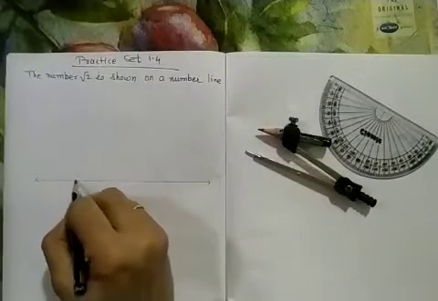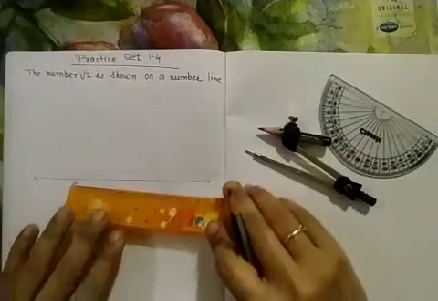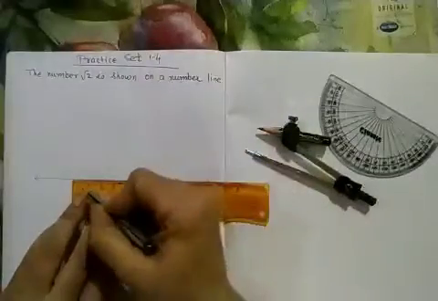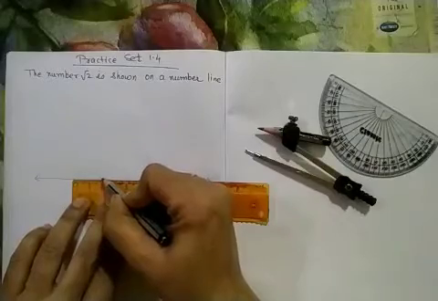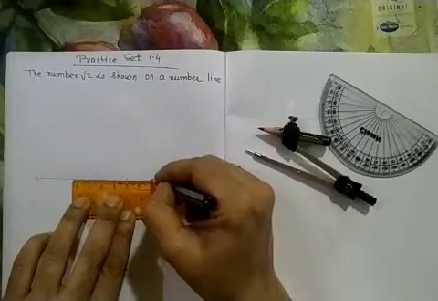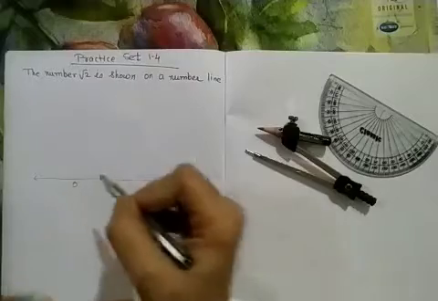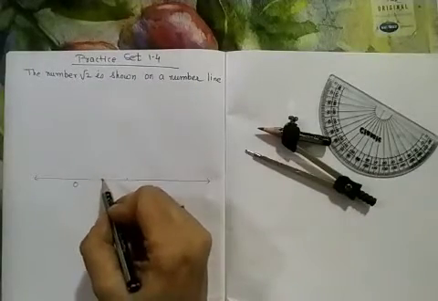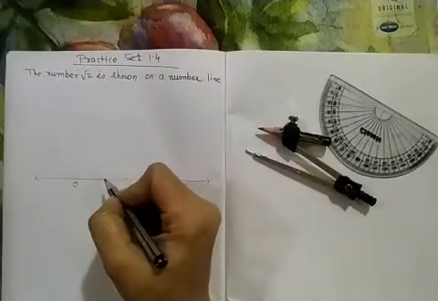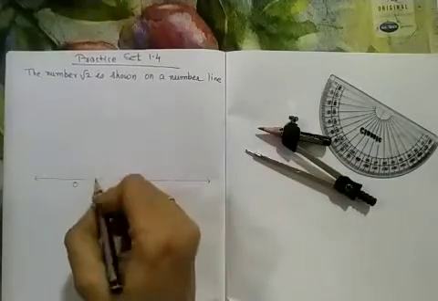Then we will start from 0 here, and from that we will mark some equal distances, meaning units. Here I am taking 2 centimeter equals 1 unit. See, this is 2 centimeter, and like this we will mark here. Each consecutive distance is equal, that is 2 centimeter. You can take 3 centimeter. Okay, here I am taking 2 centimeter. Each unit is equal to 2 centimeter.